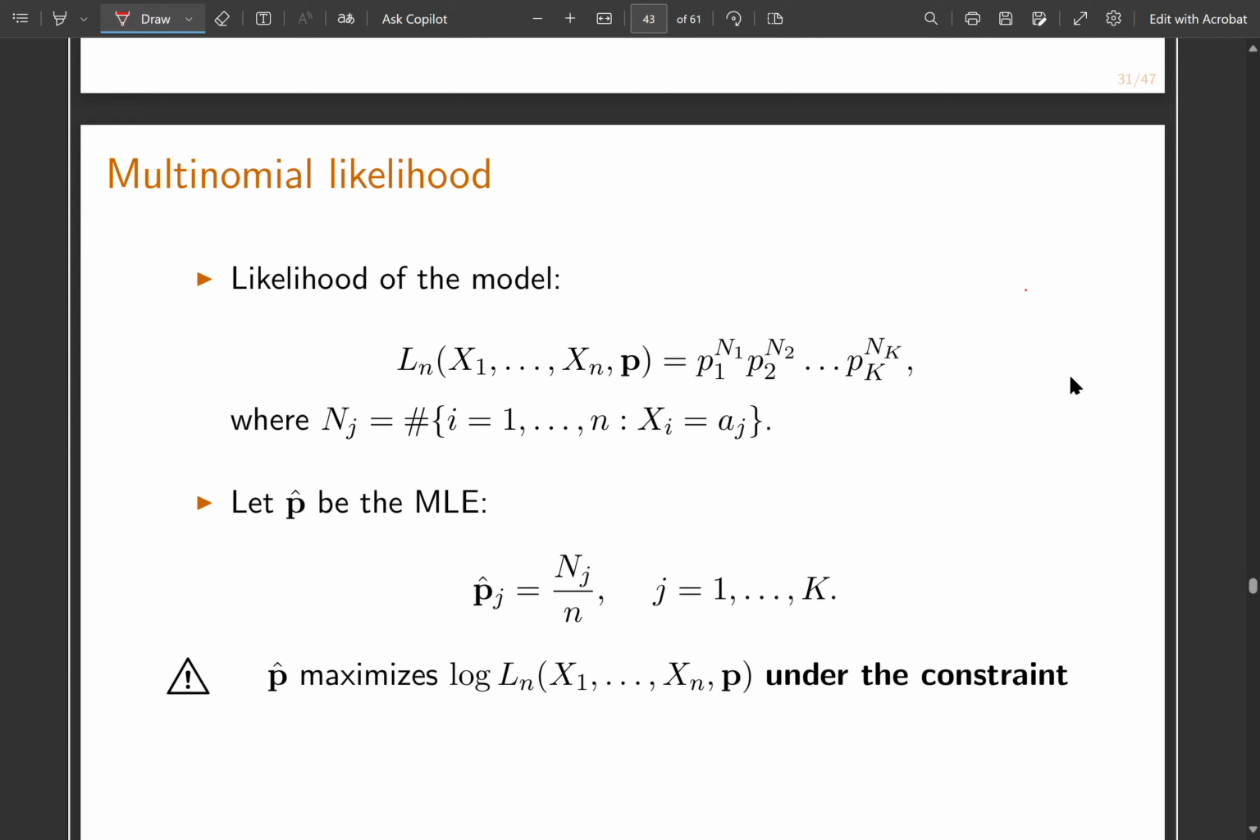And let's say for our purposes, each parameter will be defined as P1, P2, P3 up to Pk. That's how it works in a multinomial distribution. When we say